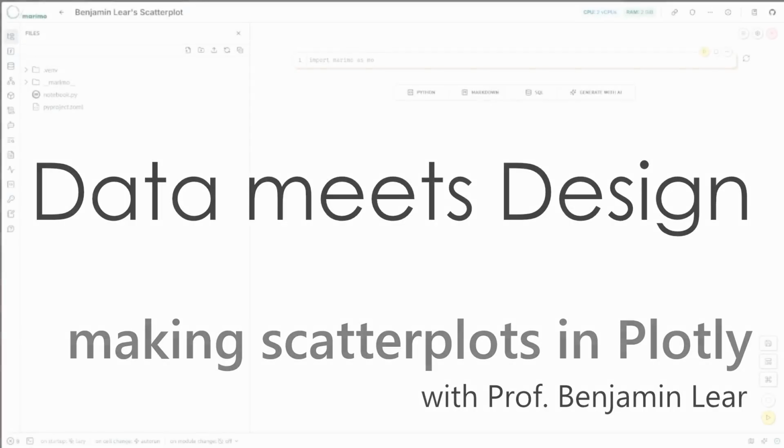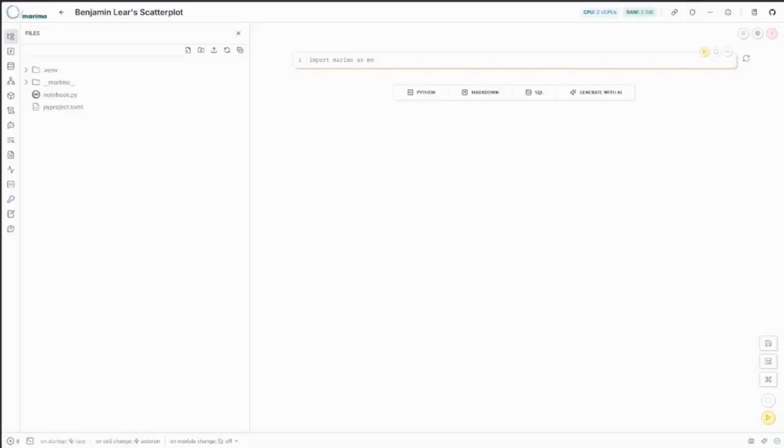Welcome back. Today we're going to think about how to make a scatter plot in Plotly. It's going to look a lot like making a line chart, and so much of this will look familiar. But we're going to explore how we get markers instead of lines and why we might choose to make a scatter plot. Typically, you would use a scatter plot to compare two values and see how two different measurements are